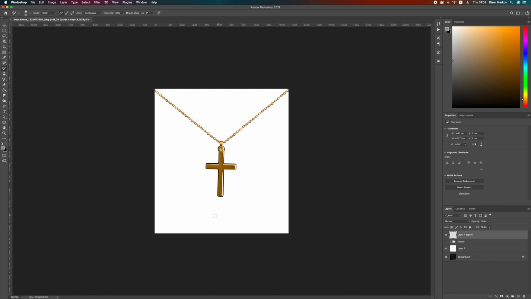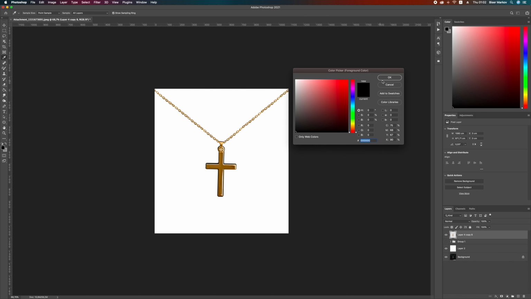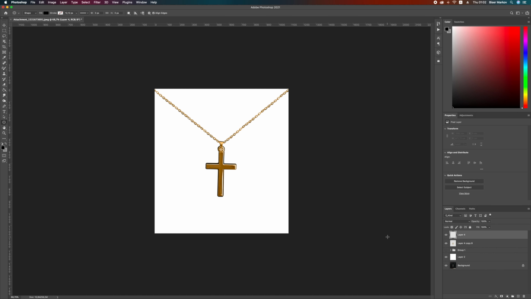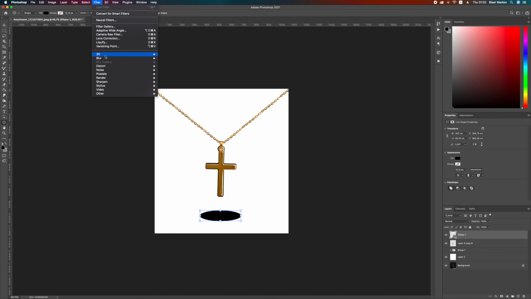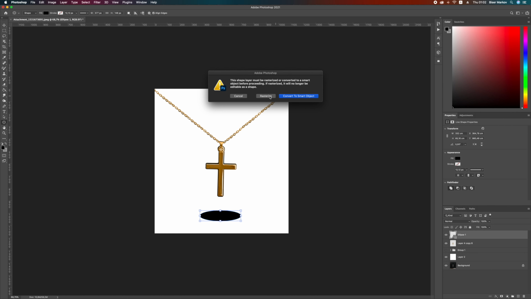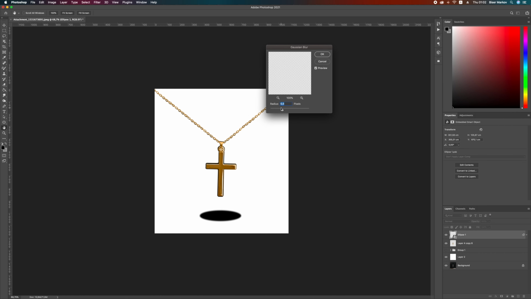Now let's just put the shadow here. Select the ellipse tool with a black color. Make sure to make it on a black layer, like this. Now go to Filter, then Blur, Gaussian Blur. It wants to make it a smart object.